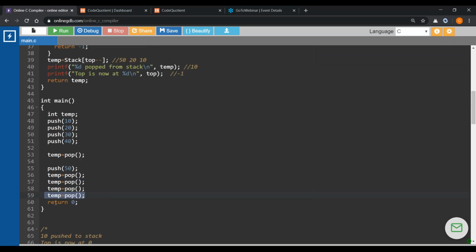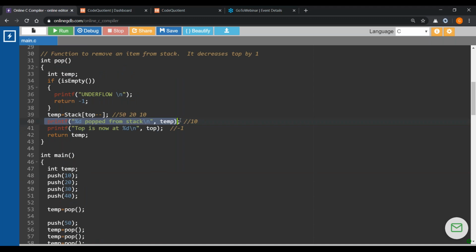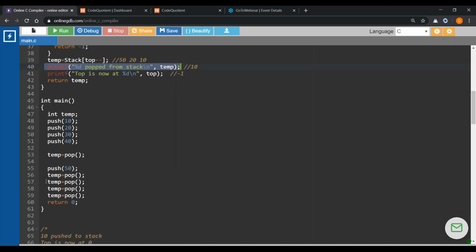If you look over here, I said temp is equal to pop. If you want, you can display the value of the temp over here. We can remove that "%d is top from the stack" from this particular line and place it over here. Or ideally, we can simply not use the temp value. As in this example, I'm not displaying anything because the display is already done over here. If you want, we can make this a comment and display it over here. So that's why I have declared a variable as temp, which could be displayed using a cout.